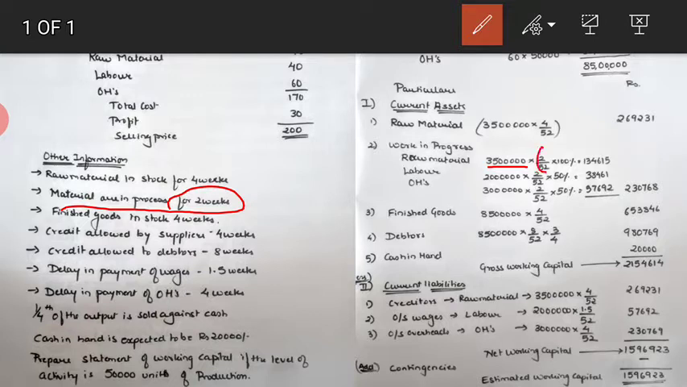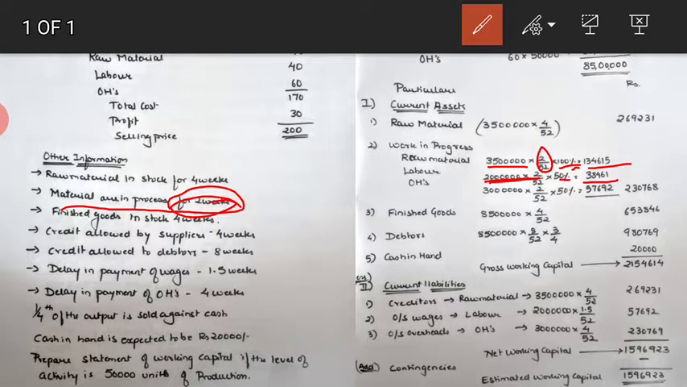So 35 lakhs into 2 divided by 52 into 100%. I have already said raw material would be 100%. So 35 lakhs into 2 divided by 52 into 100% gives you 1,34,615. Then labor is 20 lakhs total cost into 2 divided by 52 into 50%. As discussed, we have to consider 50% of labor and 50% of overheads. So 20 lakhs into 2 divided by 52 into 50% gives you